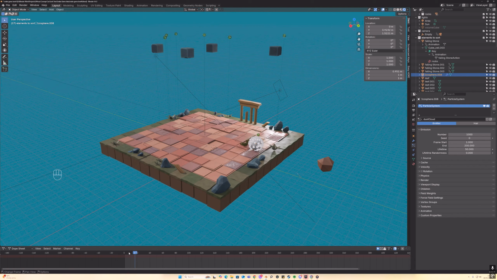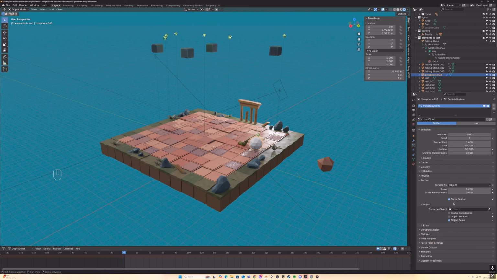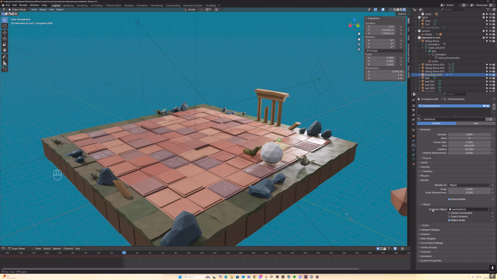So you can see now we've got odd things happening, but we're going to fix that. So we're going to wind the tape head back to 0, and we're going to change to our particle section and go down to this tab that says render, and instead of render as halo, we're going to choose object, and we're going to use the eyedropper to choose our particle dust. And then in this, we're going to turn off show emitter, and in viewport display, we're also going to turn off show emitter. So now you can see lots of tiny little rocks forming, which is cool, but not what